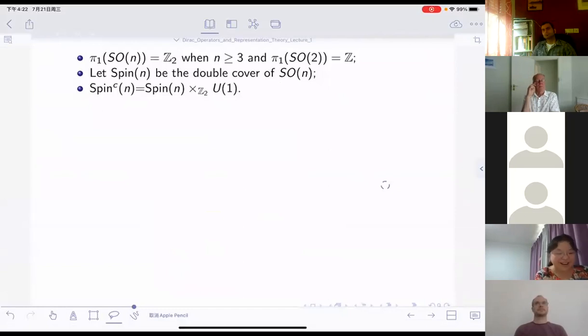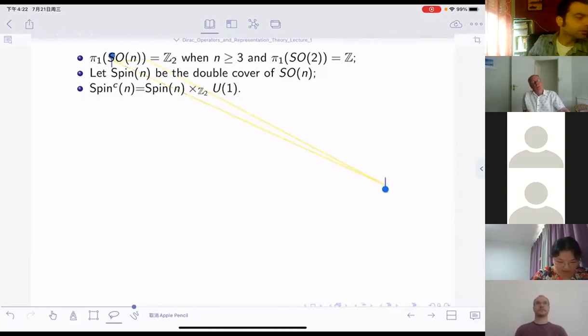Okay, the problem is that I cannot see the title of each page, but I hope it doesn't bother you. Anyway, this page is about spin^c and the spin structure. So we would like to give a topological condition on the Riemannian manifold so that a canonical Dirac operator can be defined. So to introduce that, one needs to first note that,